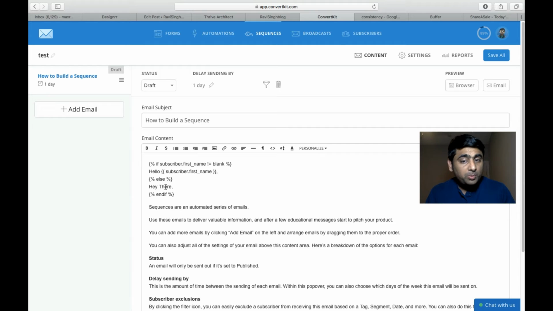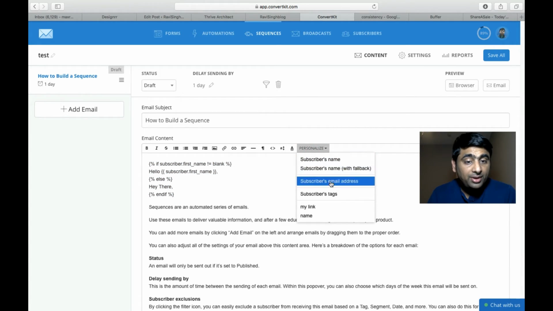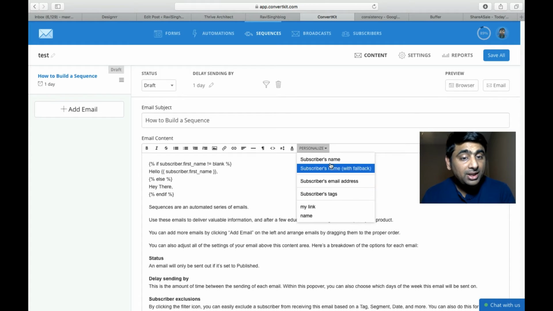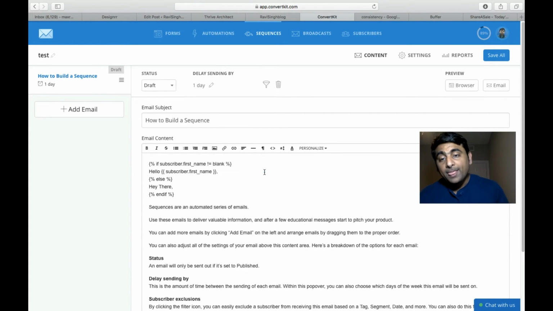So you can see how personalized email can be. You don't have to write just a common word like hi and send that to everyone. Or sometimes we can see even some garbage value going in the name field. All those things can be easily taken care of using ConvertKit. They have tons of ways to personalize the email. Of course, you can have a subscriber email address if you want to mention it somewhere. You have a name option. So you can of course have the option to insert an image or link or whatever you want to do with